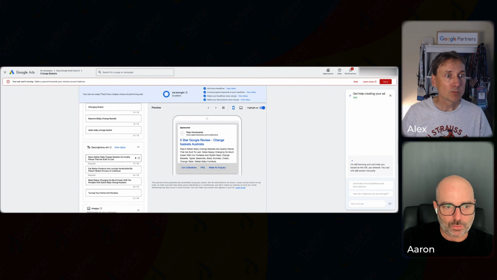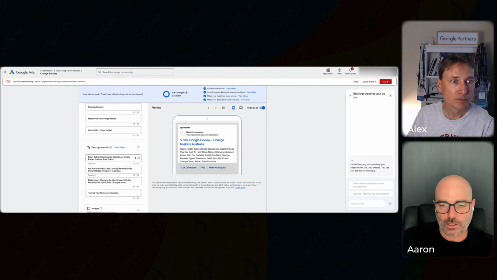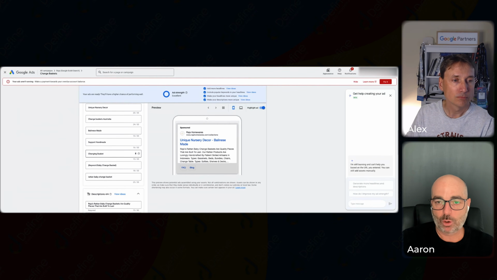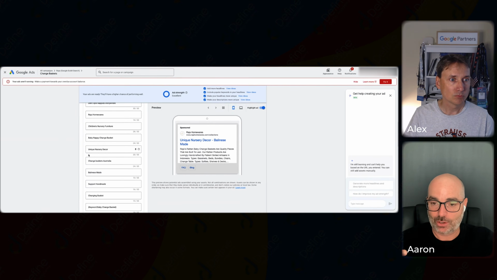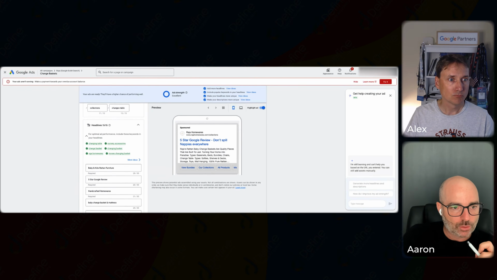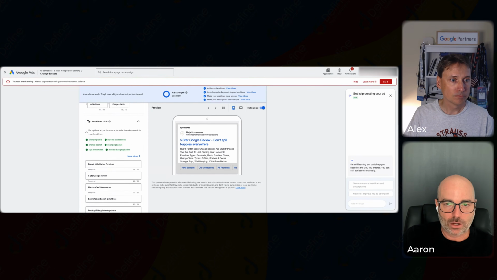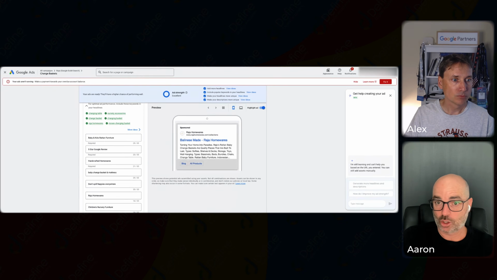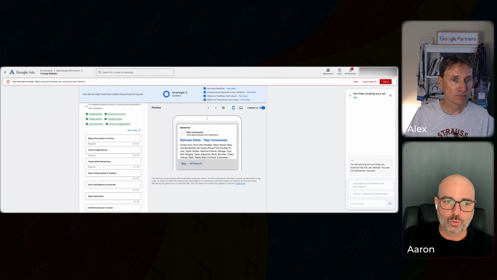The other thing I just mentioned with the headlines is the fact that they're using dynamic keyword insertion. Even if that's not pinned, with the dynamic keyword insertion, you don't then need to have any other keyword focused headlines. As long as your keyword structure is right, that's what the DKI does for you. The one thing that I would be looking at in there is, when I look at those headlines, especially if you're a starting e-commerce brand or a smaller e-commerce brand, which this one is, you want to be really pulling out some unique selling points, because